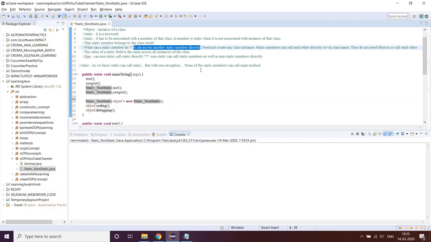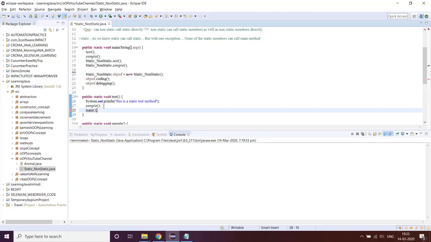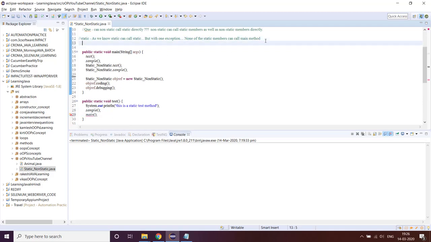This is an exception. Why? Because just imagine if you are calling the main method and you are printing all the logic. What is the point of having a main method? The main method is the only static member which cannot be called anywhere, neither by class name, neither directly, neither by object references. Please remember this. I'm writing it here. Main method is the only static member which cannot be called anywhere,